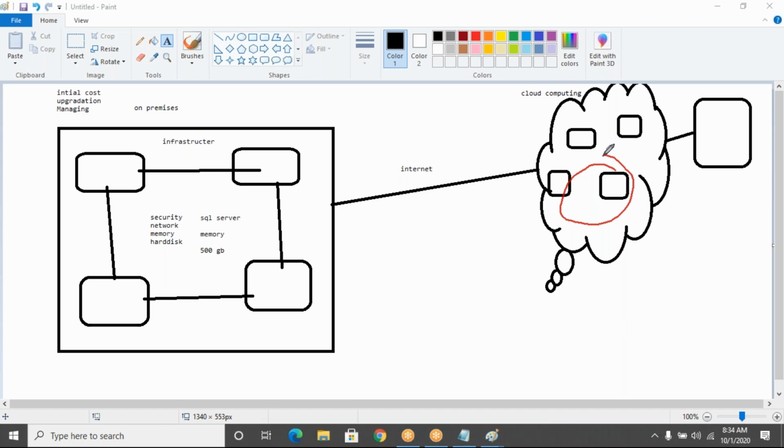A simple example: you have supermarkets in your area, am I right? Let's say for example Heritage or Walmart, whatever. If you want to set up a supermarket in your area, what are all the things required?